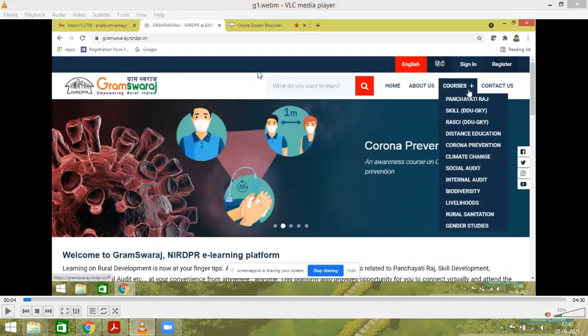So all these courses for the day only, they are free, as we got experience with British Council of India, where we could not get the certificate for free of cost. It was accessed only for 1 hour. So here also today it works. Gram Swaraj, you can see Rural Development of India, the government logo. So this is the link.